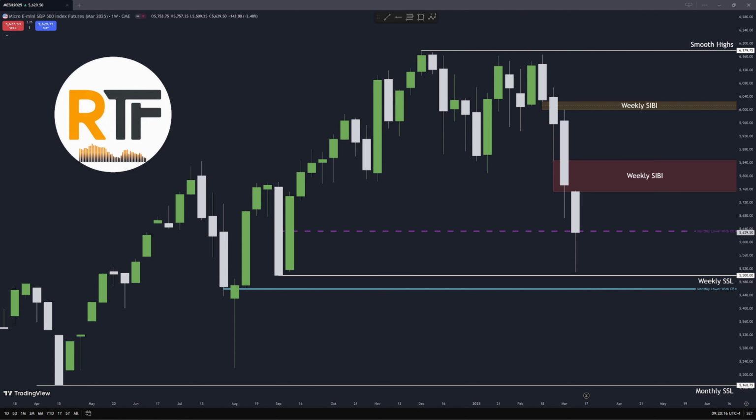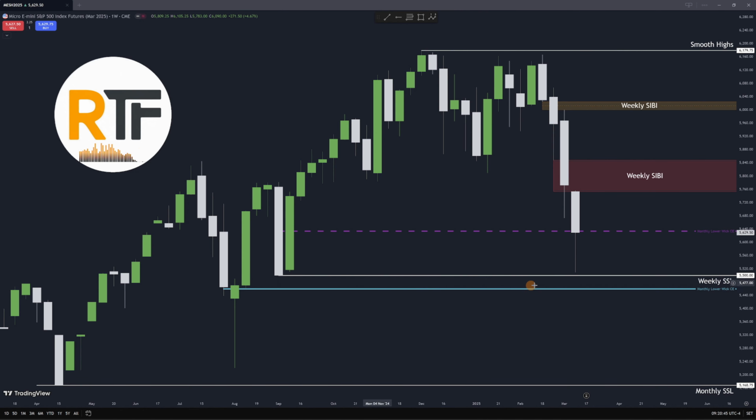Here I have S&P on the weekly chart. You can see that last week we came down below this right here. Remember, this was the monthly lower wick consequent encroachment, but it was also this down candle's midpoint, which is going to be the mean threshold. We did wick down into it, creating relative equal lows, did not take out this low just yet, and then we've closed pretty much at that mean threshold.